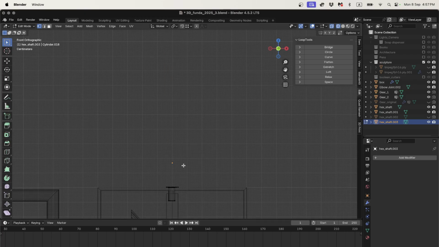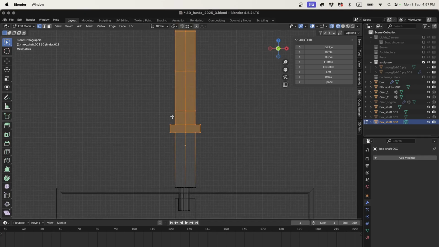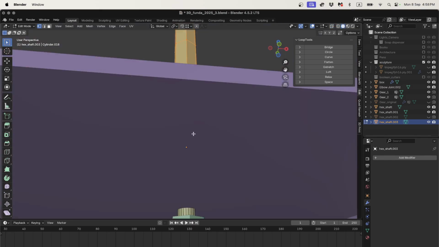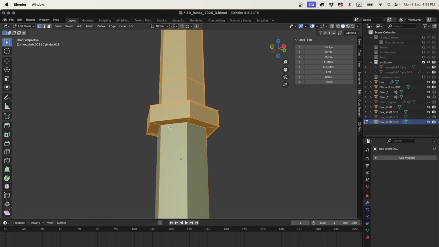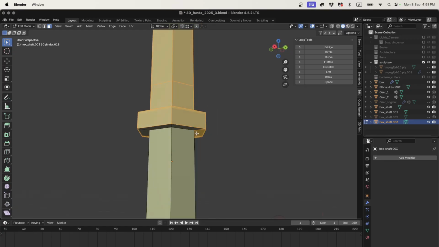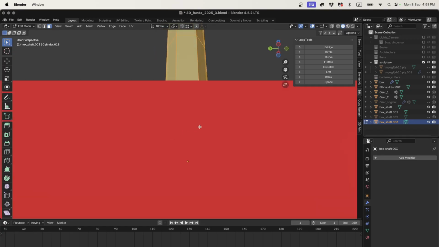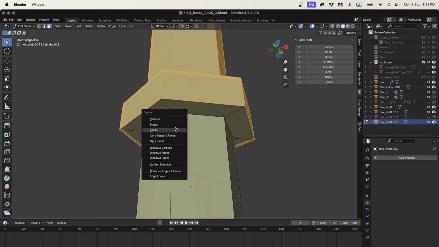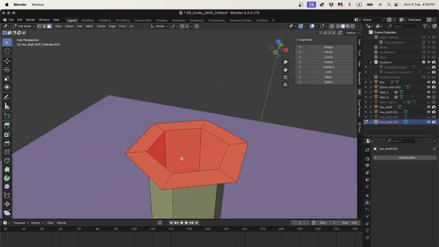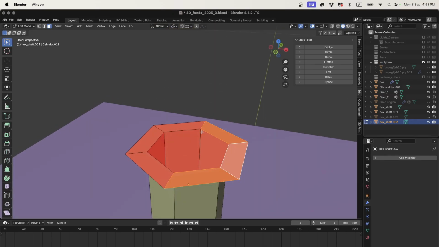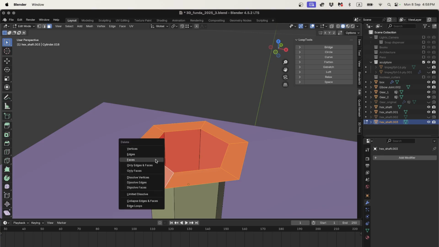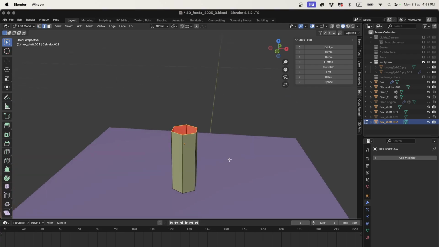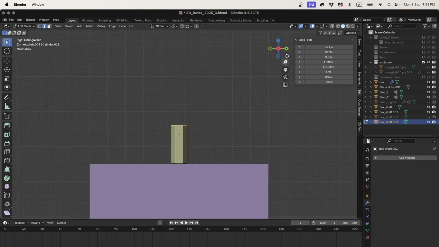X, delete vertexes. Oh, actually no. I'm going to keep. Be a little more selective here. I'm going to go into face select, and I'm going to deselect these so I keep the shaft. Okay, I think that's better. So if I hit X and delete faces, and then yeah, okay, I'll delete these 1, 2, 3, 4, 5, 6 faces. Delete faces. Now I can just grab these vertexes, edge or vertex, whatever we like, and let's just,